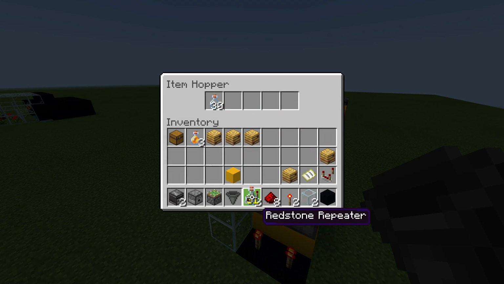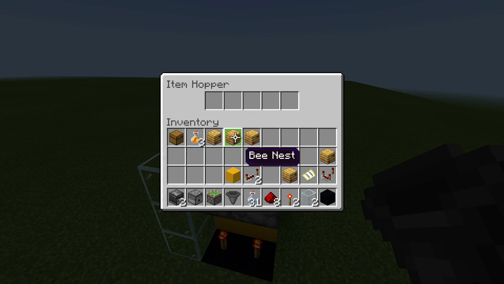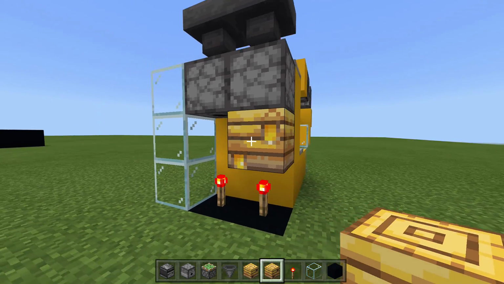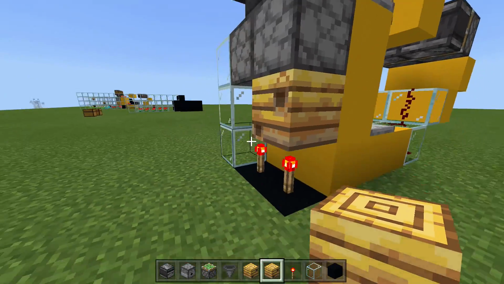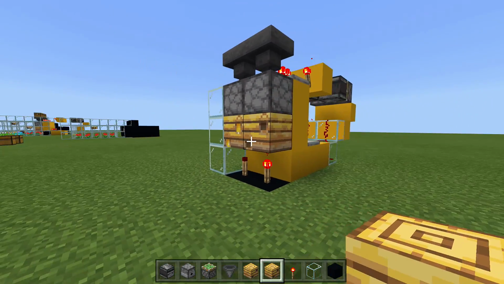So I'm just going to take half of these and put it inside this one. There we go. And now we can quickly go ahead and just test it. So there is my hive with the honey, and the bottle will come out of it. And of course, we need to have blocks on the side just to make sure that the honey always comes